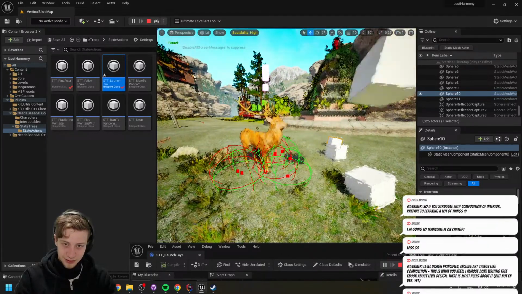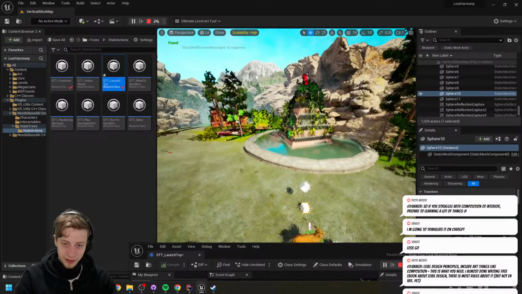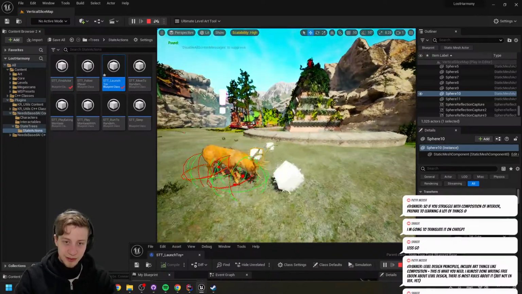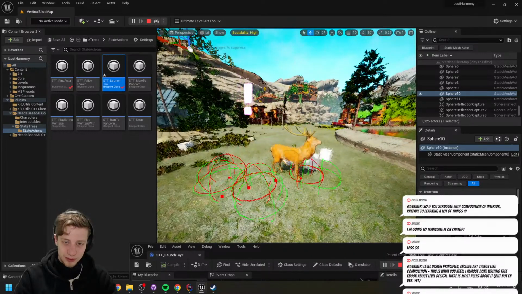Yeah, I think this kind of works. I just pushed the center point of where it starts tracing. So if there is an actor that's under the character, it shouldn't push it up that much now.